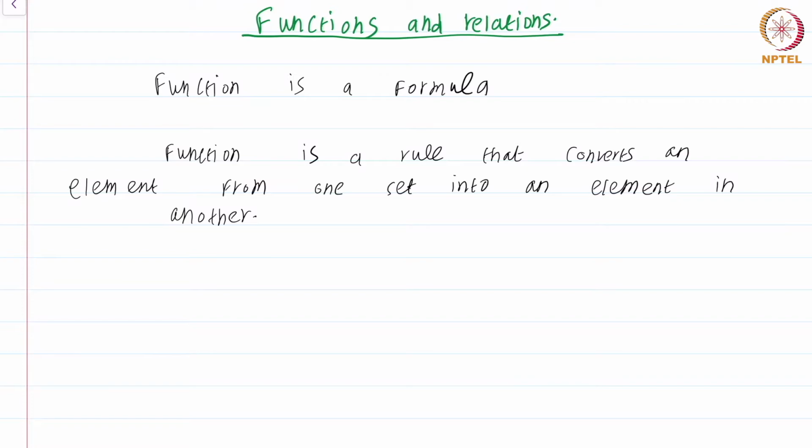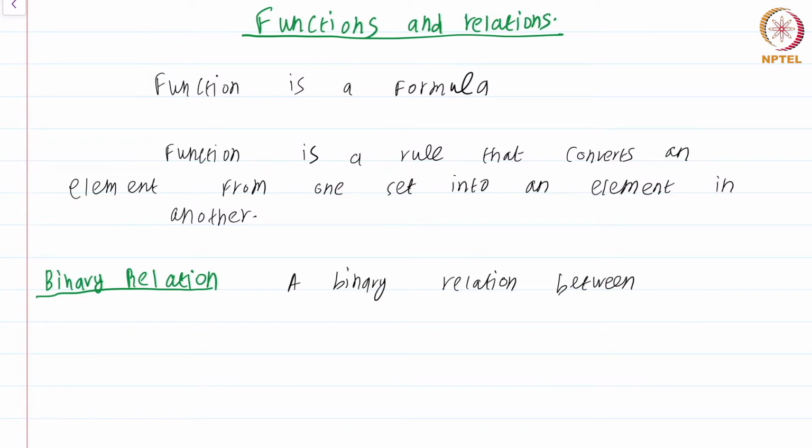How do you make this idea precise using set theory specifically? To do that, first, let's take a more general concept, that of a relation. More precisely, the notion of a binary relation. A binary relation between the sets A, B is a subset